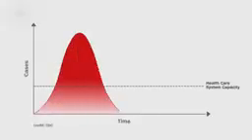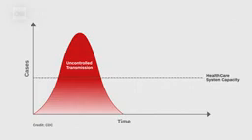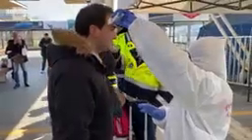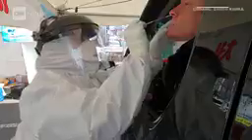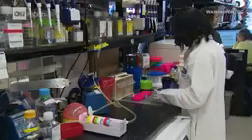When a virus spreads, the number of people who are infected can quickly rise. This sharp increase can overload the healthcare system with sick patients who need intensive care. One solution is to increase the healthcare system's capacity, whether that's by building hospitals, training additional doctors, or buying more equipment. But that takes time and resources, which countries don't always have during an epidemic.